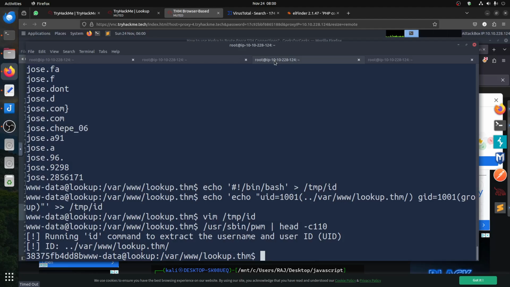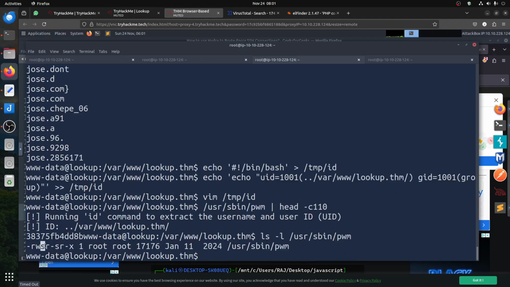No. Because now what happened is, when it tried to open the file, remember why? Because remember -l, the SUID binary, what's the name of it, PWM. Yeah, it ran with the SUID bit. It means it ran as the owner, as root. And what I noticed is the ID, when you check the ID, it doesn't run as root, but it opened the file as root. So the idea is,